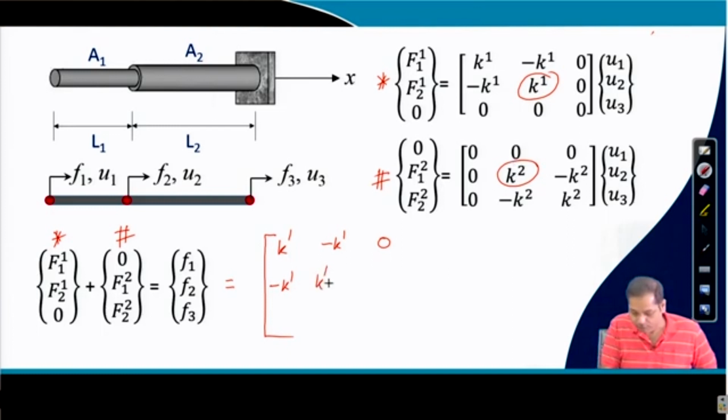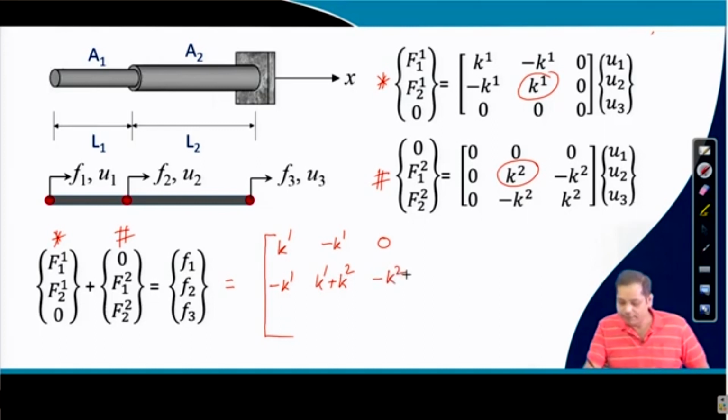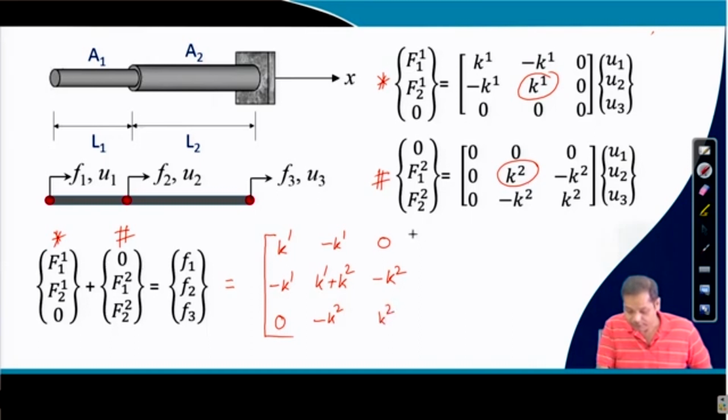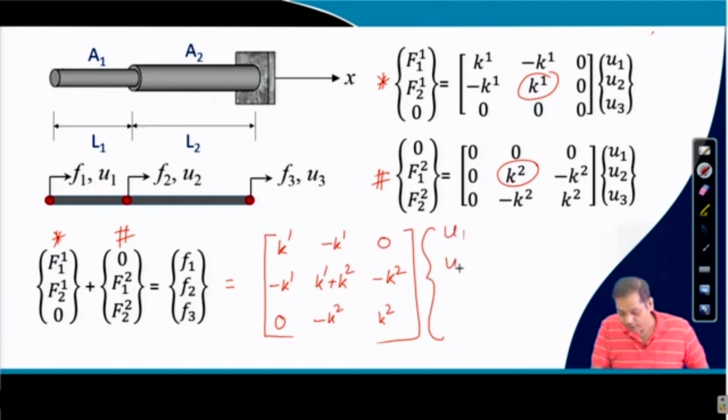So this will be K1 plus K2, and then this will be minus K2, and then finally this will be 0, this will be 0, then minus K2, and then K2. And then finally this is U1, U2 and U3, and that is equal to